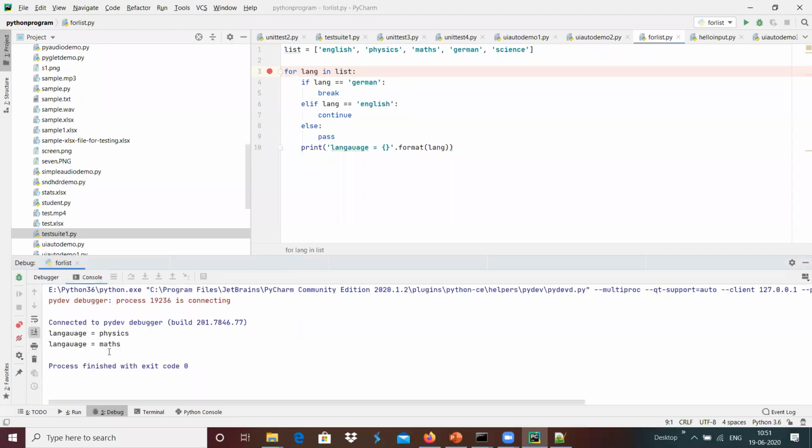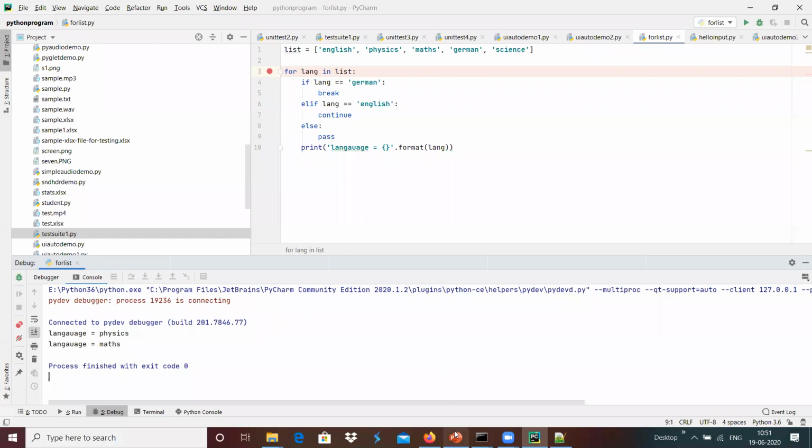Physics and maths are printed, and after that the for loop exits with the break, since it equals German, and it breaks from the loop and the program exited over here.